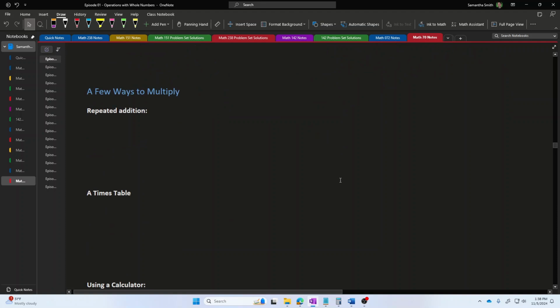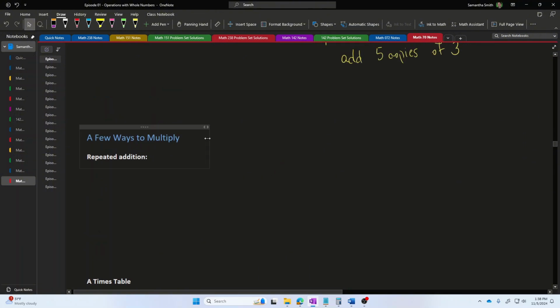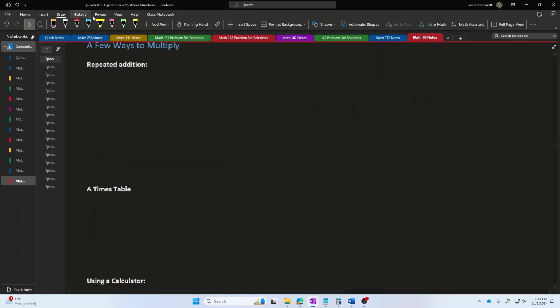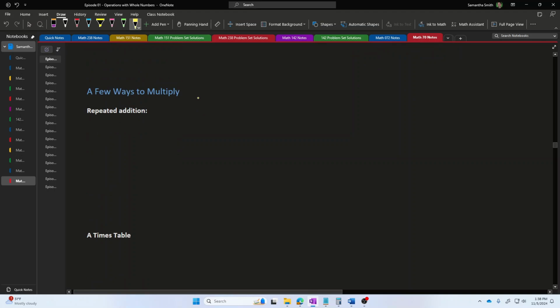Now, when you're asked to multiply two numbers together, there are once again a couple of different ways to do it. And one of the ways to multiply two numbers together is just to express it as repeated addition, just like we did up here. For example, if someone says to me, multiply 2 and 7, then I could achieve this by taking 2 copies of 7 and adding them together. And the result of this addition would be 14.